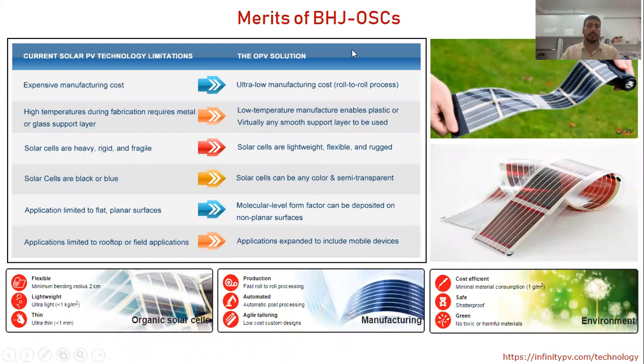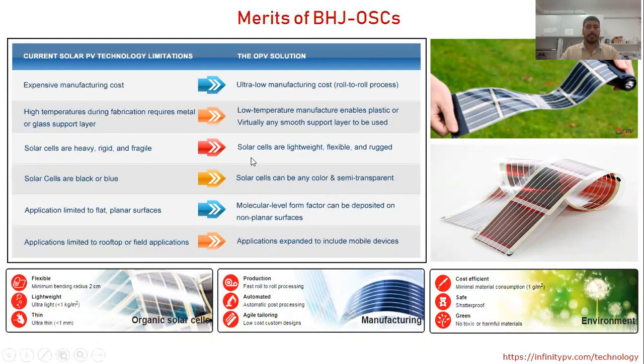So why are bulk heterojunction organic solar cells important? Because these organic solar cells have ultra low manufacturing cost when we compare them with other photovoltaic technology like silicon photovoltaic technology. We can fabricate these solar cells at low temperature. These solar cells are lightweight, less than one kilogram per meter square, and we can change the color of these solar cells because it depends upon the material, and we can tune the band gap or the light emission of the materials by changing its HOMO levels.